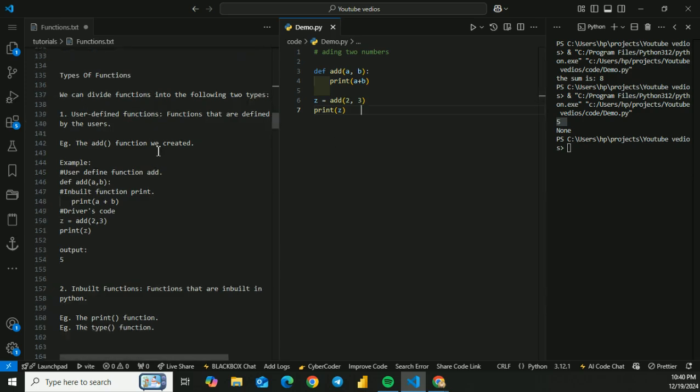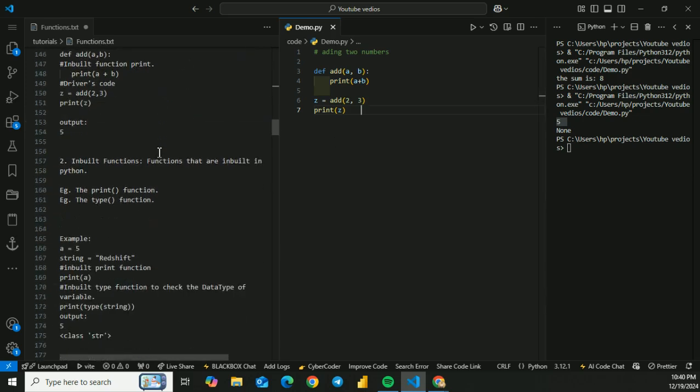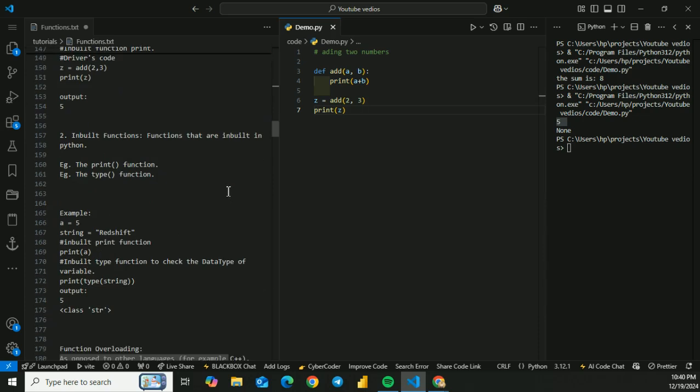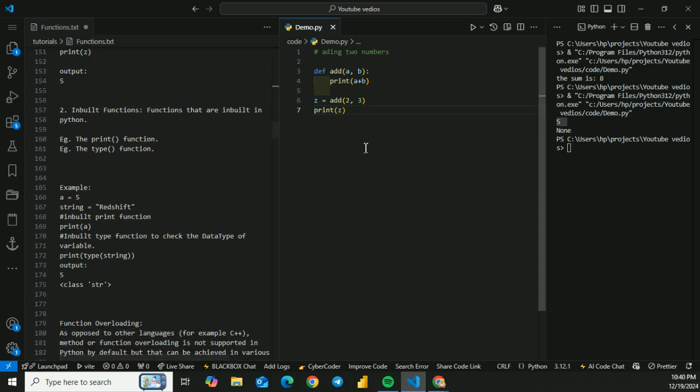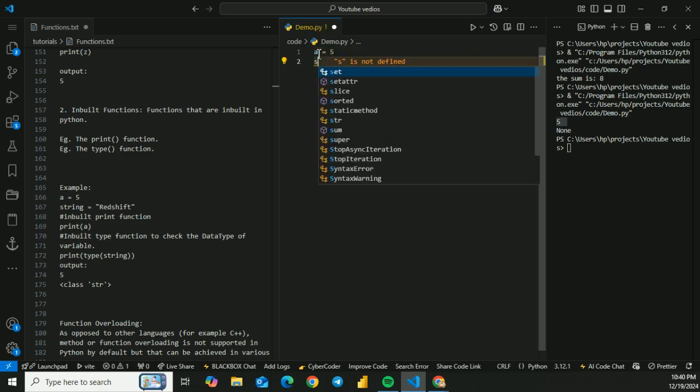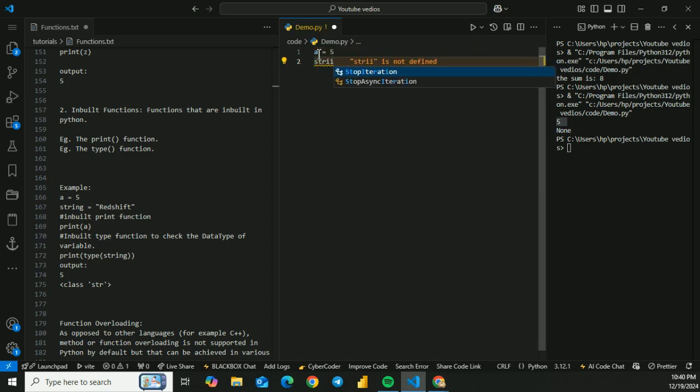Now another kind of function is an inbuilt function, which are functions that are inbuilt in Python. For example, the print function or the type function. These two are inbuilt functions which are already used by Python. I can show you with an example. If I say a equals 5, and the string I'll be using as string equals redshift,